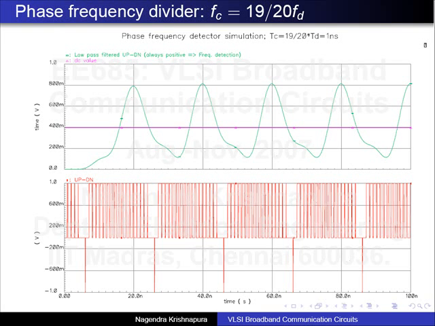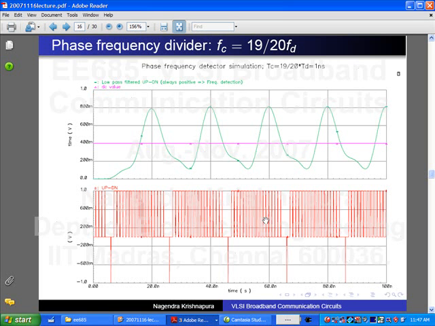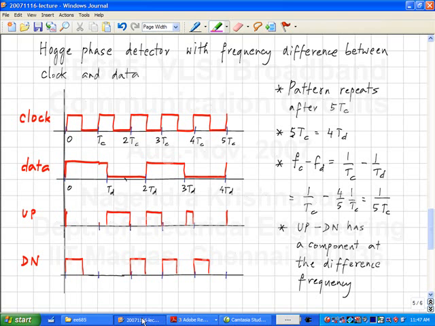So the same thing, a similar thing, happens with an XOR phase detector or a Hogge phase detector. The output of the phase detector will contain a difference frequency component, and that will again go through the same process of building up the positive parts and maybe making the negative parts thinner. So in this case I have taken a Hogge phase detector,